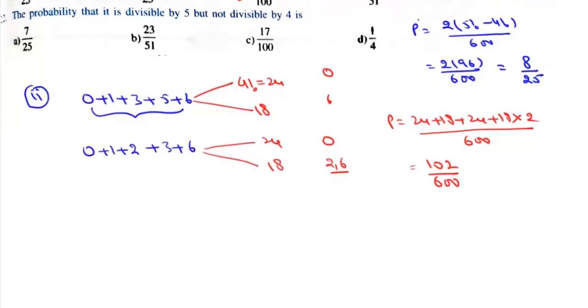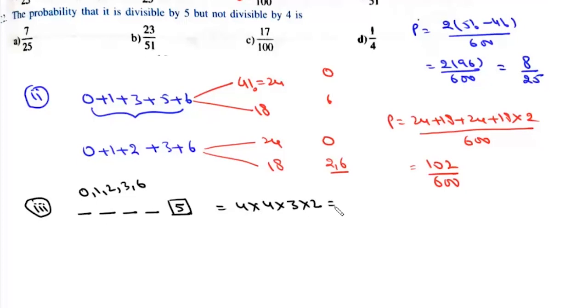And finally, it is the probability that it is divisible by 5 but not divisible by 4. So for this third one, it should be divisible by 5. So we have two cases. Case 1, if the last digit is 5, then we have to fill the remaining 4 digits with 0, 1, 2, 3 and 6. Now for this first place, we have 4 choices. For the next one, again we have 4, and then 3 and then 2. So there will be